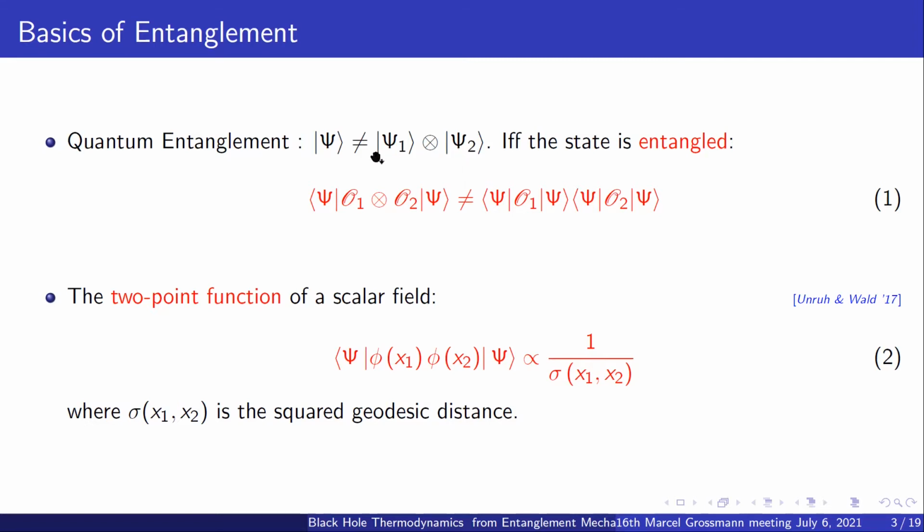But in general, in quantum mechanics, because there are interactions with the environment and it's difficult to isolate systems, you hardly get any pure state. In fact, it is more likely that you end up with a mixed state wherein you won't be able to write down this wave function as a product state. Now, there are consequences arising from this inequality, and quantum entanglement is one such consequence.